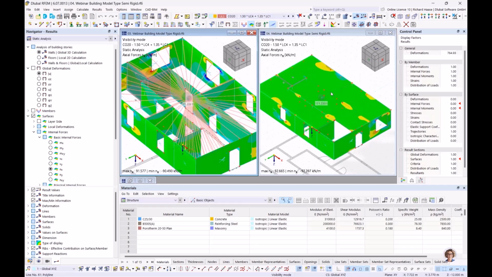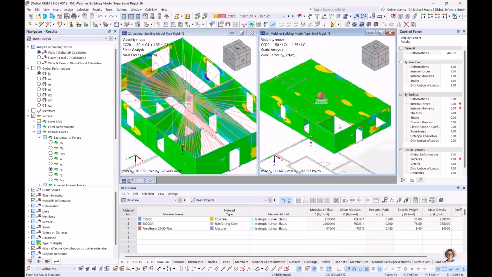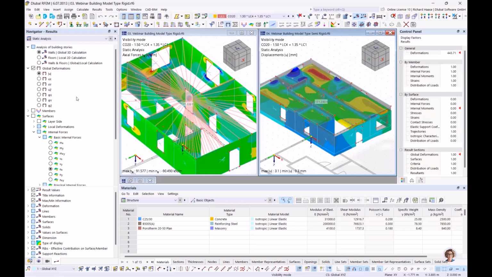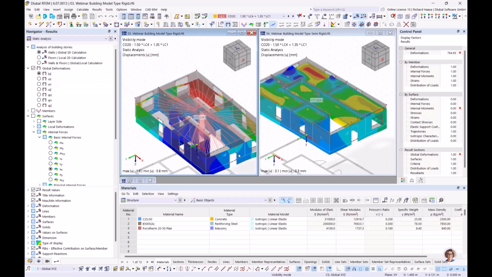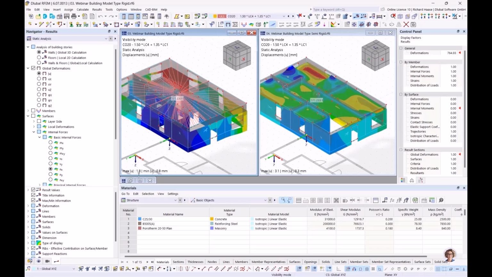And here in the semi-rigid type, the slab also has an effect in the 3D calculation of the walls. Also for the deformations, you can see it here. Here we have only 1.8 because of the stiff slab, and here, with this softer slab through the real rigidity of the slab, we have a bigger deformation,